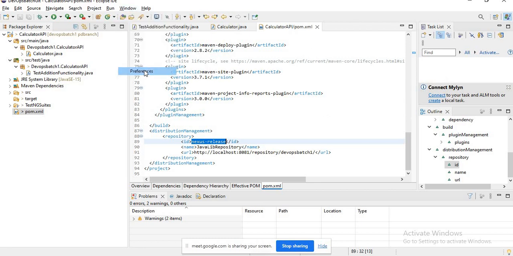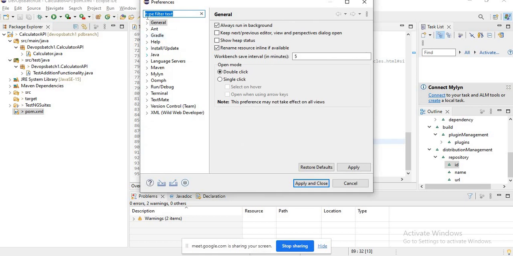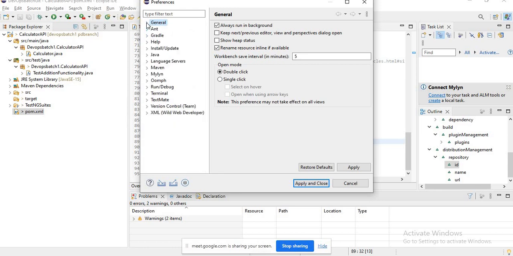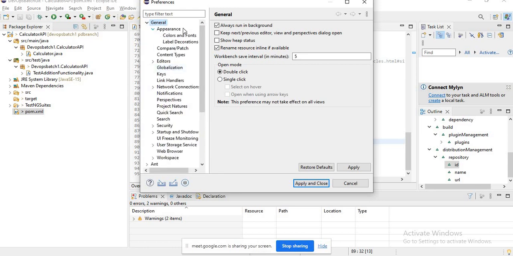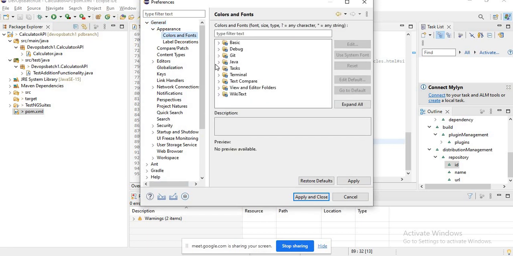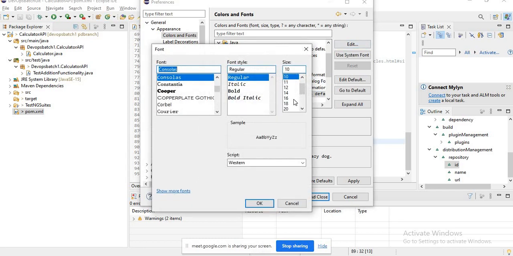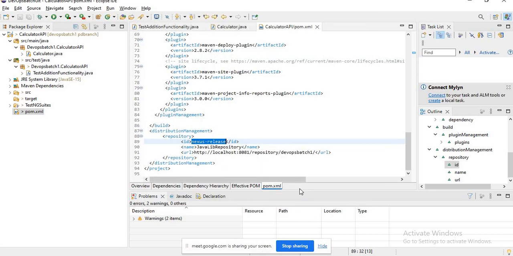So at that time we had done these configurations. Let me just increase the font a bit and then we will revise these settings quickly, which we had already discussed, and then we will go ahead with the job creation. Let me increase the font for this XML also.